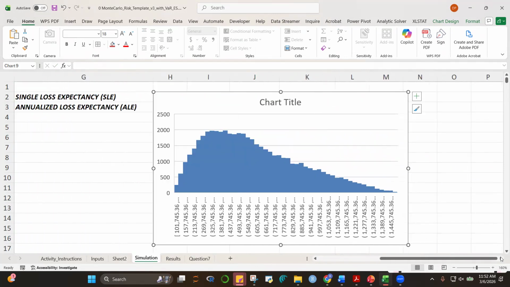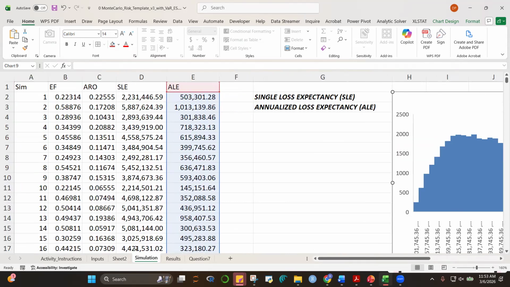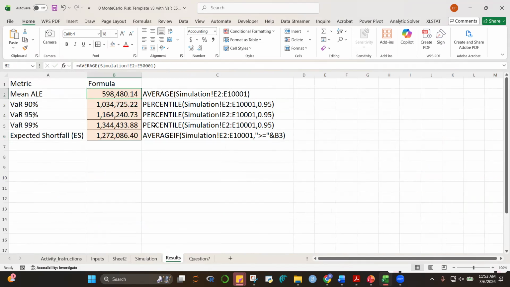And usually this plot is also reported to the board for their information. Okay. You can, of course, plot here the average. Okay, I leave that to you as an exercise. You can plot the average here. The average ALE, annualized loss expectancy, is 598 now, but if I press function F9, it will virtually change.